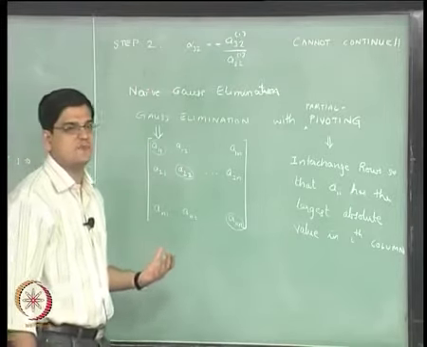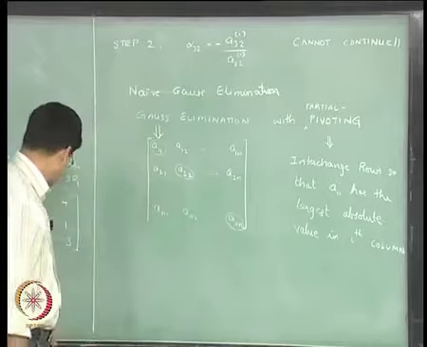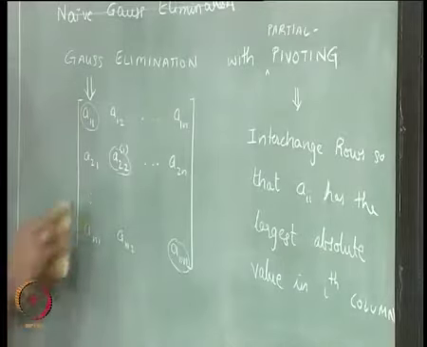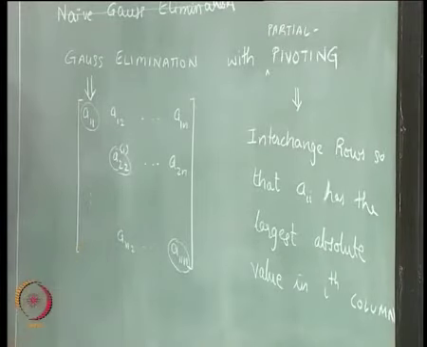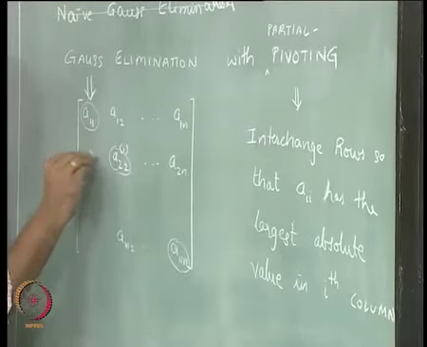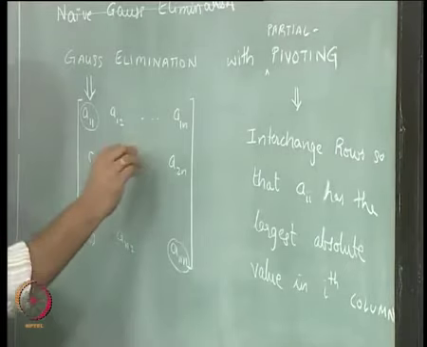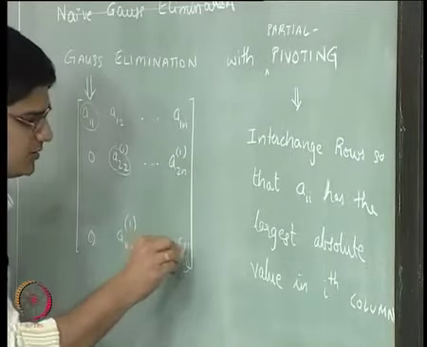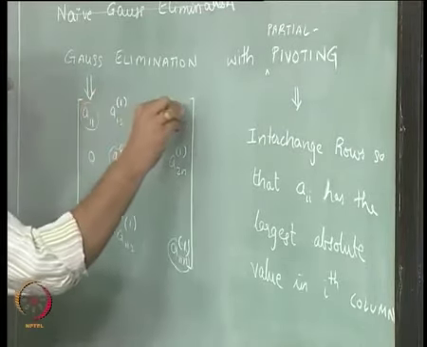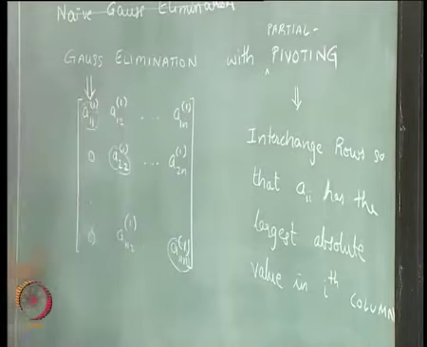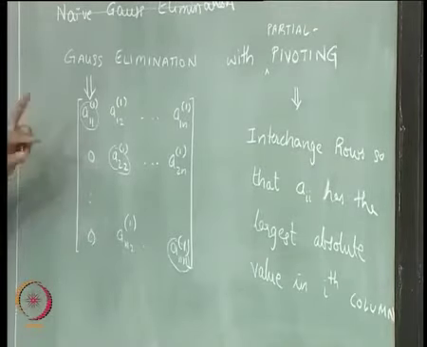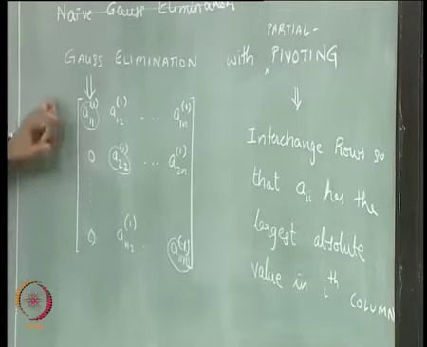Once step 1 is over, we will reach a matrix of the form A11, 0, A22 with superscript 1, and so on. And this also I am representing now with superscript 1 because of the row operations, we might have ended up interchanging the rows. So this is the result after step 1.